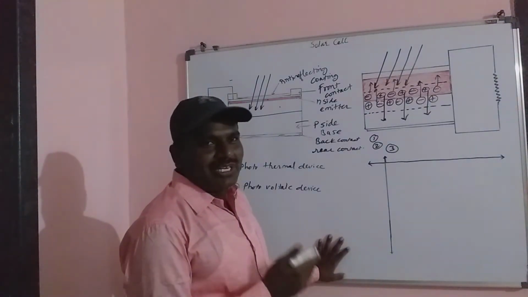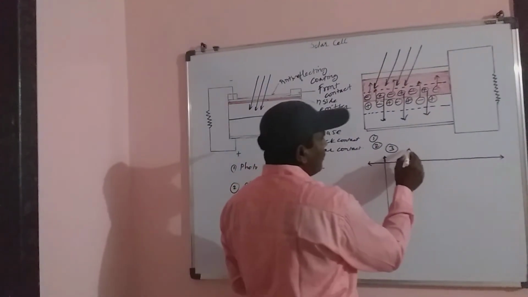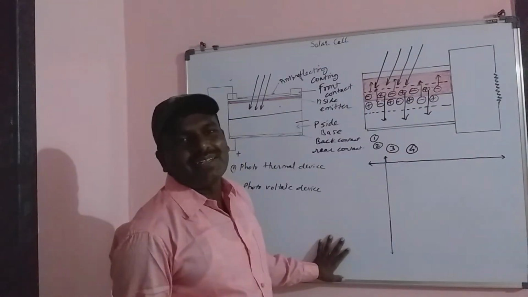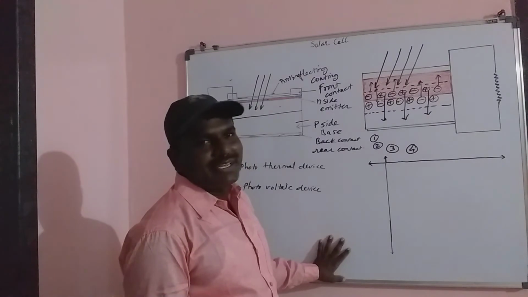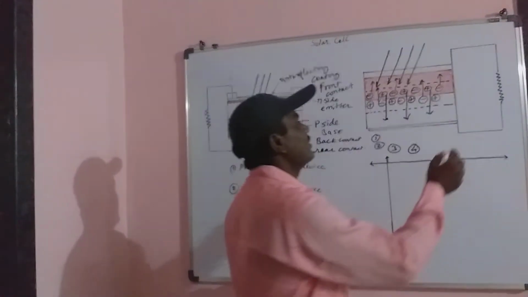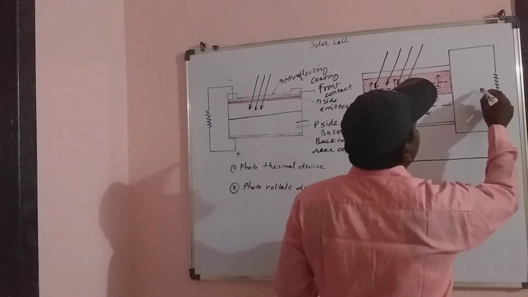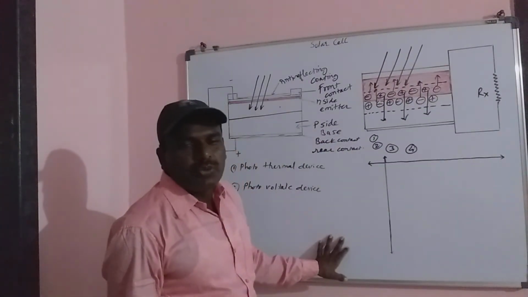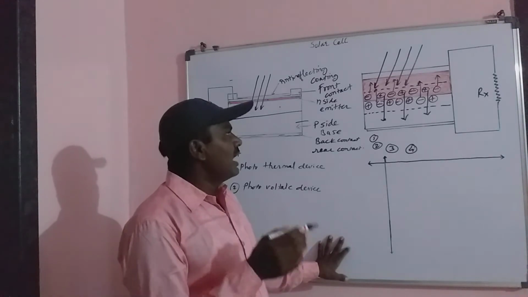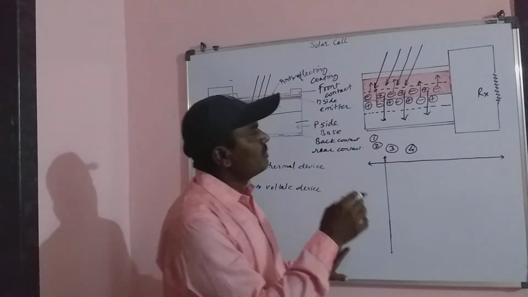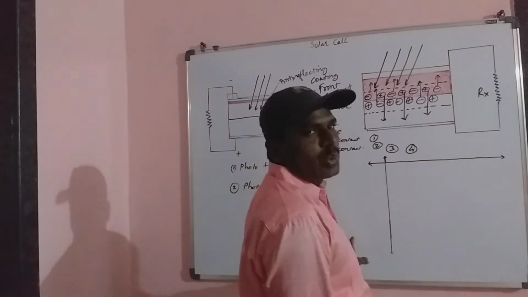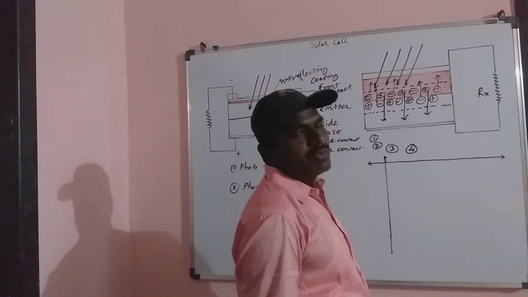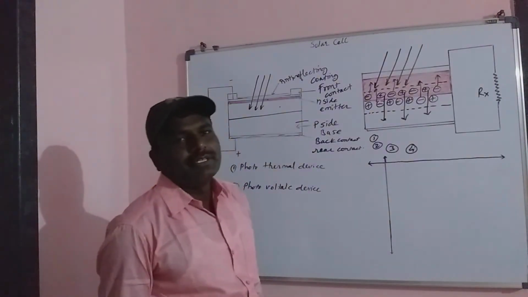What is produced? Voltage is produced. And when this voltage is produced in the solar cell, it generates power, and it is exhibited through the external circuit. This one is the external resistance. The charges which are produced are utilized through the load resistance. These are the four events in the working of the solar cell.